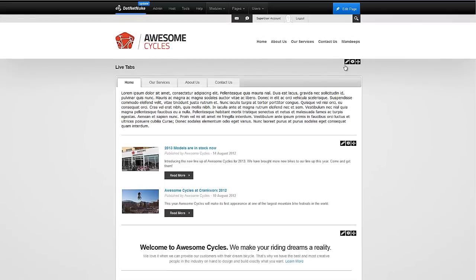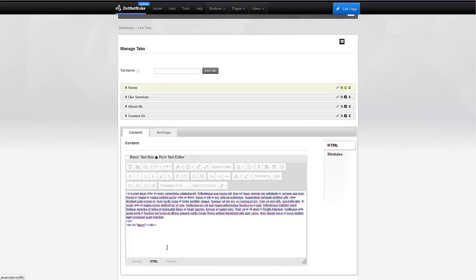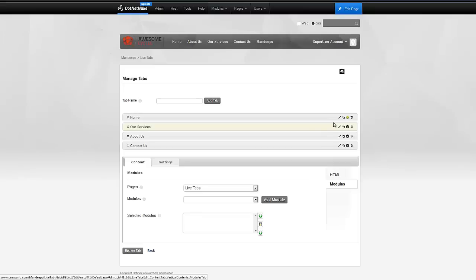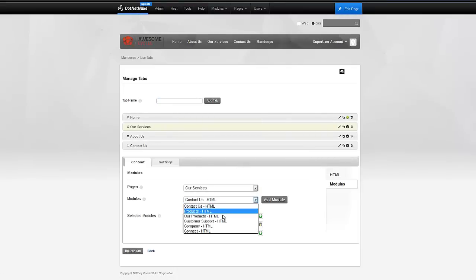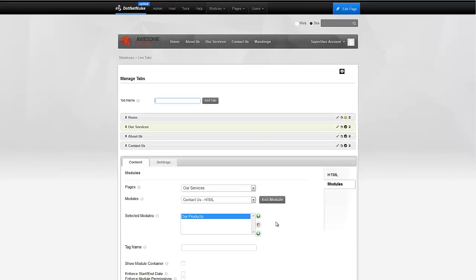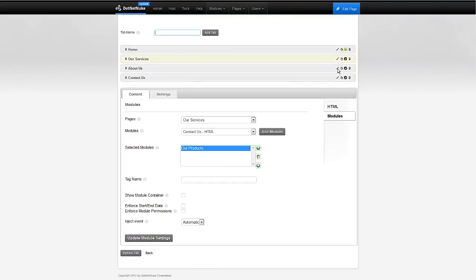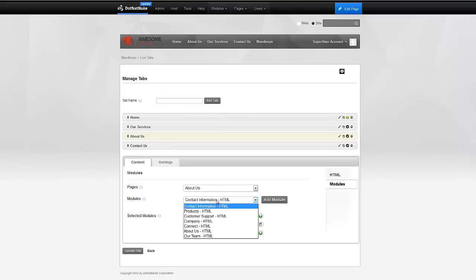Alright, so let's go ahead and build rest of the module. I'm going to go ahead and get rid of this dummy text again. Hit update. Let's go to our services tab. Let's add some content here. I'm going to go to our services page and grab our products from here. Add that module, update the tab. I'm going to go to About Us. From the About Us page, grab some content,